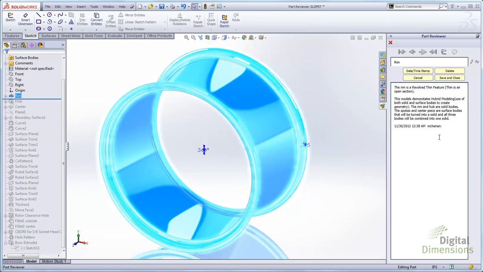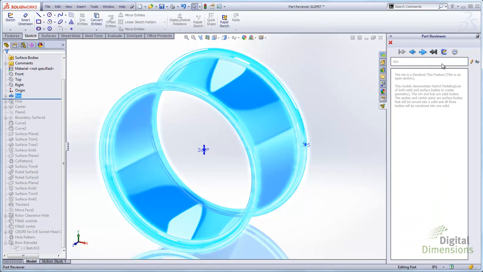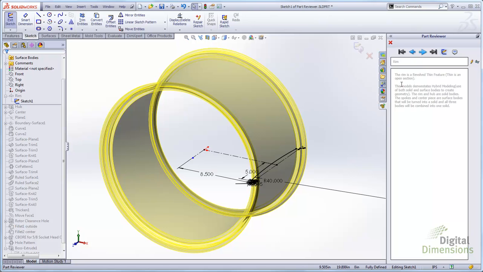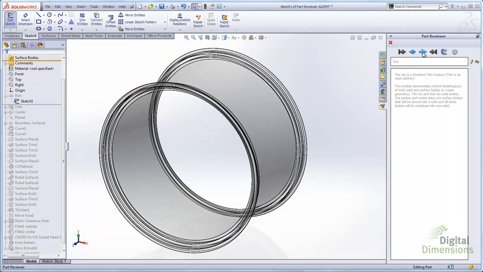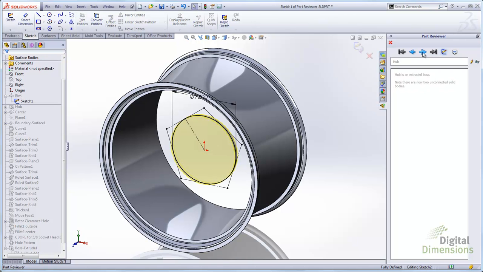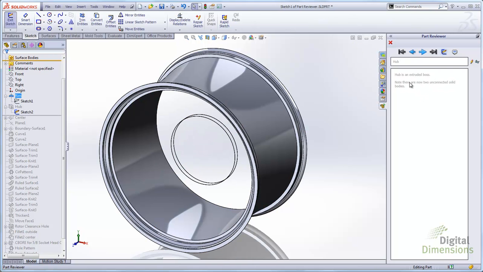I can add a date stamp in here if I want to, and so you can add information in there. Also, as you're stepping through it now, one of the features here, you can see here's a sketch. One of the features here is a boundary surface. So as I toggle through this, it shows the associated comments here. And once I get to this one feature that's a boundary surface,